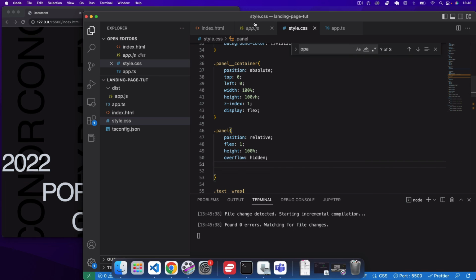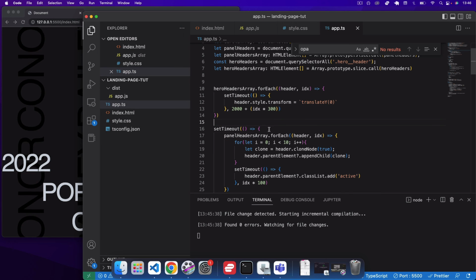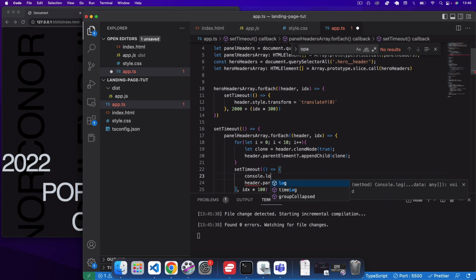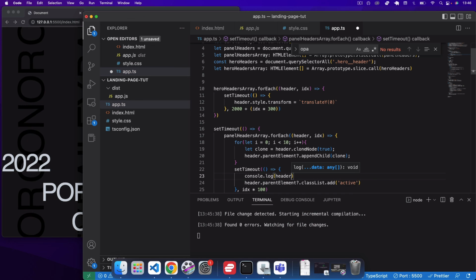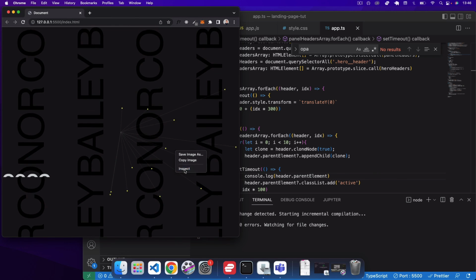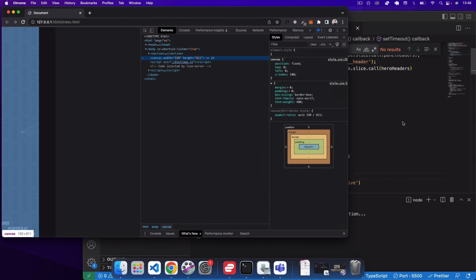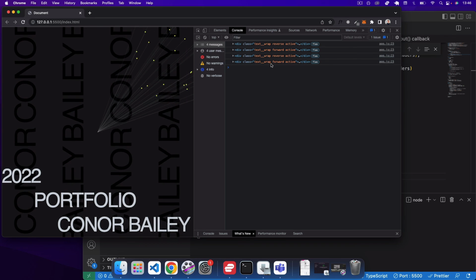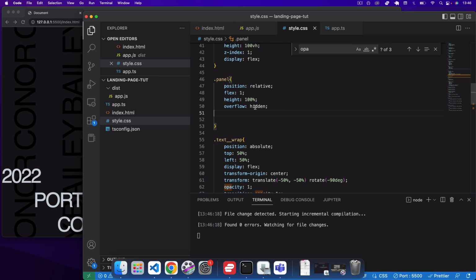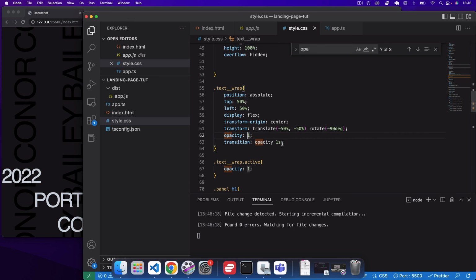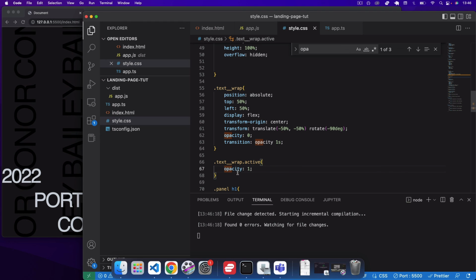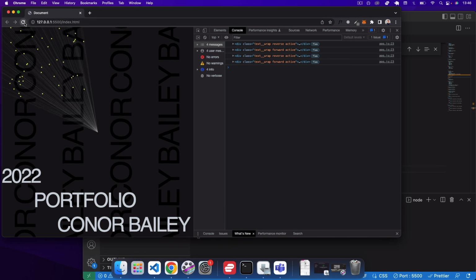If we come to our console here, we have text wrap. So what we want to do is change our text wrap. We'll set that initial opacity to 0, and then when it's active, it will have the opacity of 1. So now if we refresh,